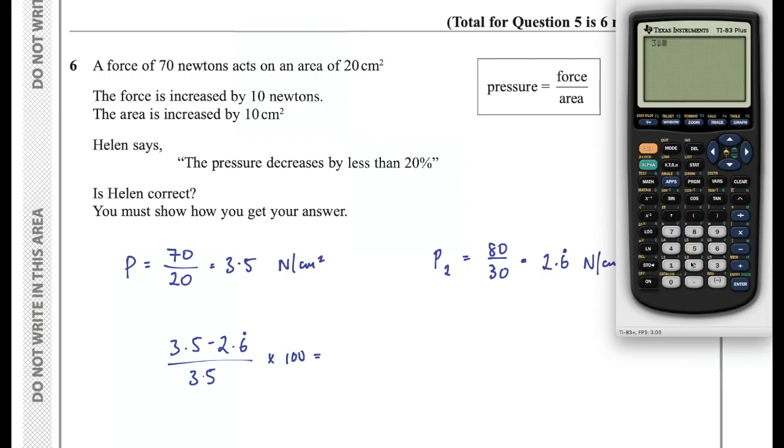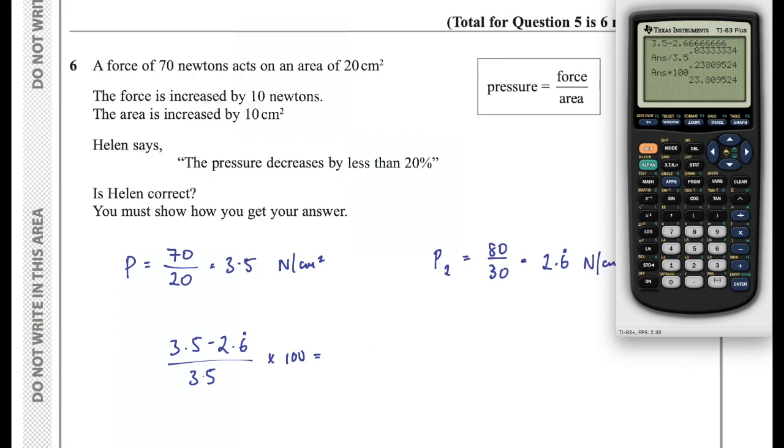So we've got 3.5 subtract 2.666. Okay, I've forgotten how to put recurring decimals into a calculator. If you know how to do that, of course use the recurring decimal function on your calculator, but this will get us a decent enough answer. So we get 0.83, and then divide that by the original pressure, 3.5, and multiply by 100, and we get a percentage decrease of